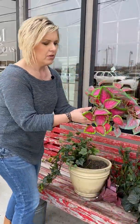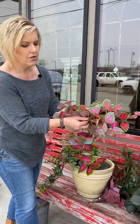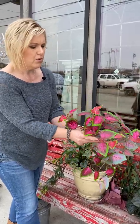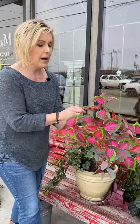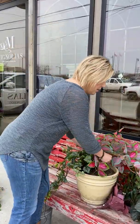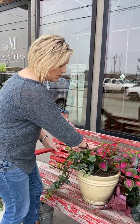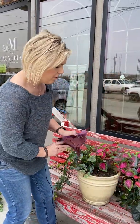We can do the same thing with the coleus. It comes straight and flat out of a package, so make sure you give it plenty of bends. Move and bend every little tip for maximum fullness on your plant. Sometimes easier before you put that in the pot. These two are going on the left and the right. They're filling out the back towards the back of the pot, and then at the front, the focal point is,